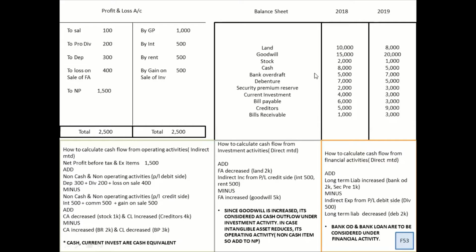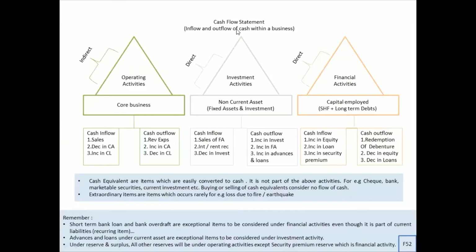In this slide, I have shown the profit and loss account and balance sheet. But in your exams, you will always come across the balance sheet. The reason for showing you the profit and loss account is to make you understand what the word indirect means. You saw here, I have written indirect and over here I have written direct, right? So why does the word indirect come?